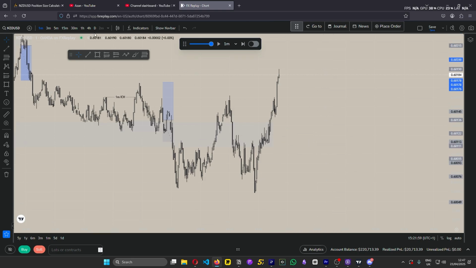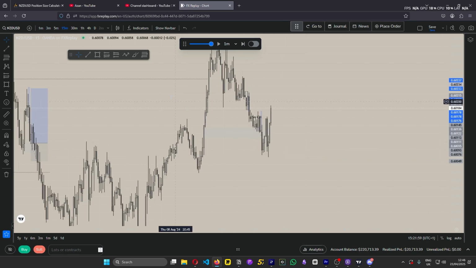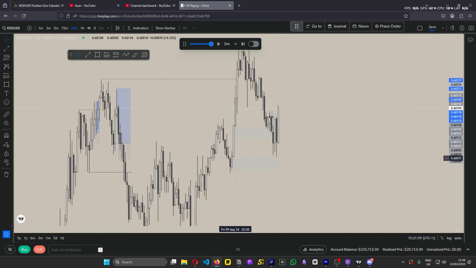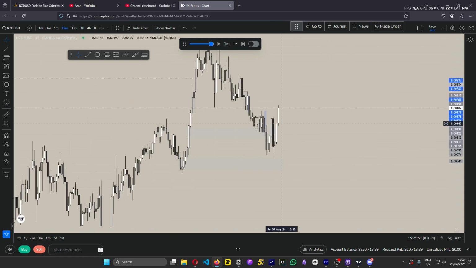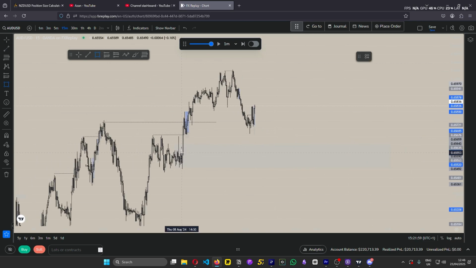You have to be patient and just keep on taking them until the right one plays out. So for example, this one came to the extreme zone here on the 50-minute time frame, and then on the 30-minute, more like, or maybe not, on the 1 hour. Oh, I can't even go on the 1 hour now. All right, fair enough. But you guys get the idea, right? Because I don't know when it's going to start reversing, I just have to keep on taking them until the one that actually reverses it.